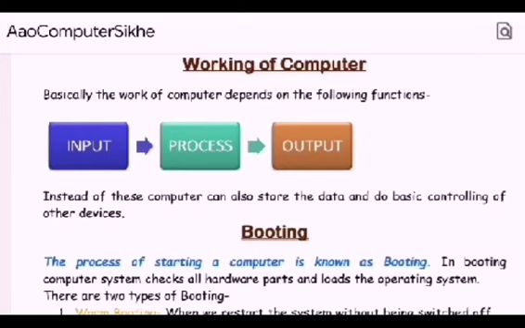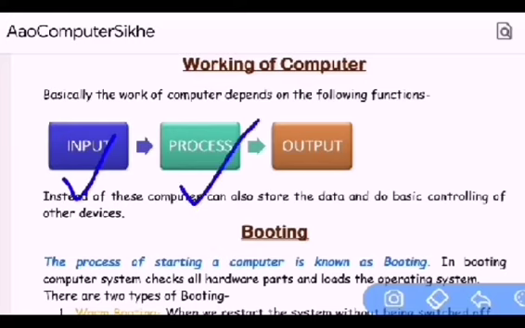Working of computer. Basically, the work of computer depends on the following functions. First is input. Input means to enter data in computer. This work is done by input devices. Second is process.